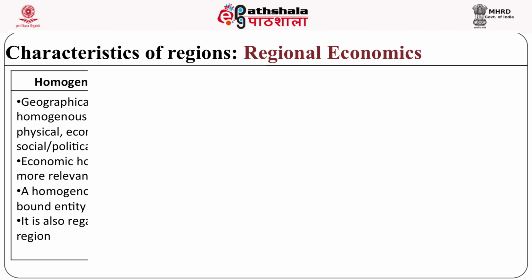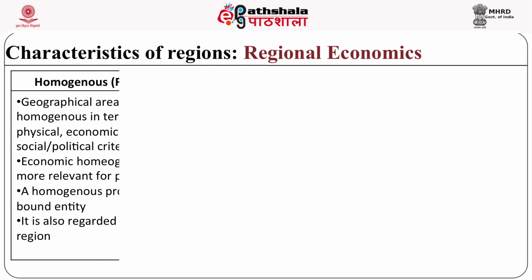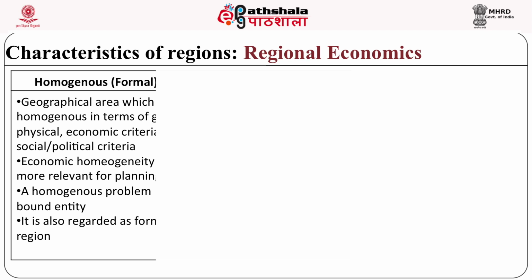We can also define it as an area inhabited by people who have one or more characteristics in common. It may be a common language, socio-political characteristics, or a crop